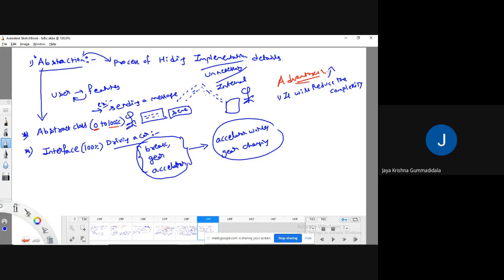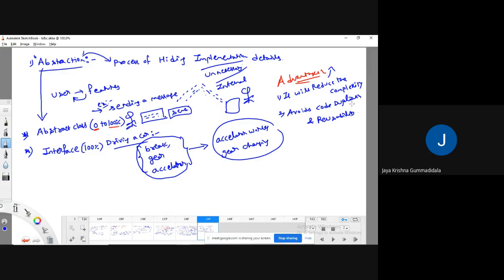It won't show everything. And also it avoids code duplication, and it will increase reusability. As we are using the concept of inheritance, it will increase the reusability.